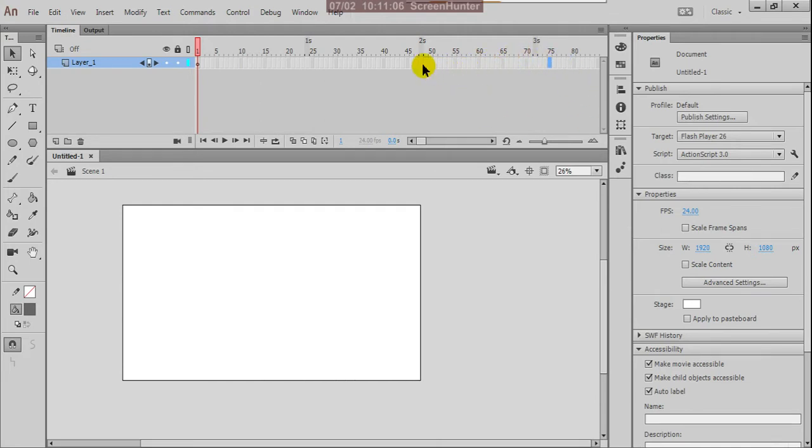And if you observe above the timeline, there are 1s, 2s, 3s. What is that? It is seconds: 1 second, 2 seconds, 3 seconds. That means the frame rate we are specifying here is 24 frames per second. In animation we measure with seconds or feet. Actually 1 foot is equal to 16 frames, and 1 second is equal to 24 frames.